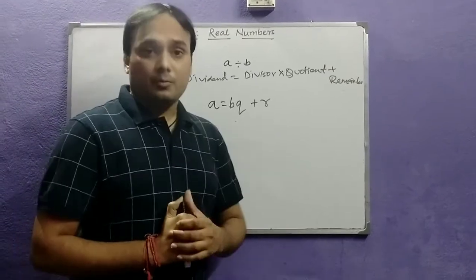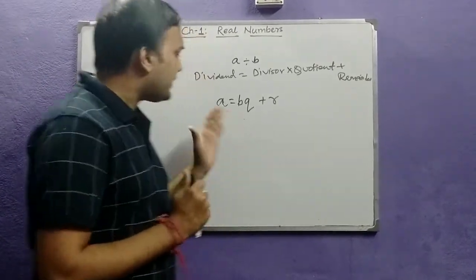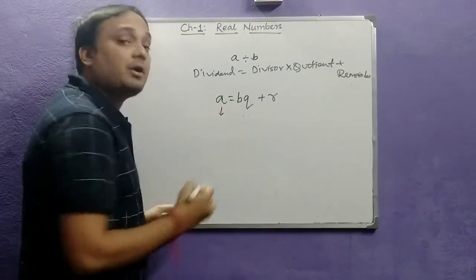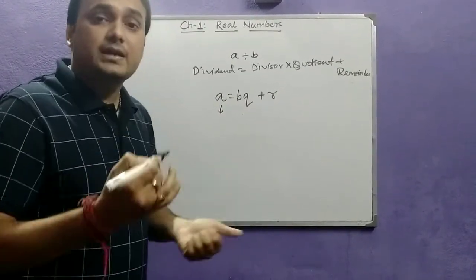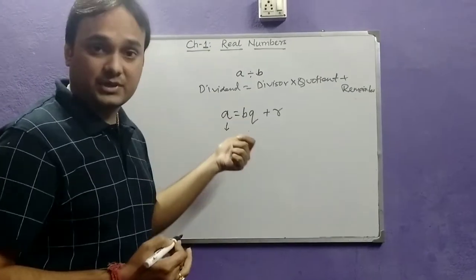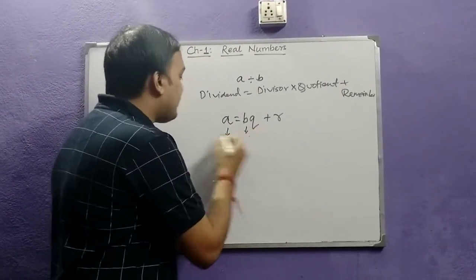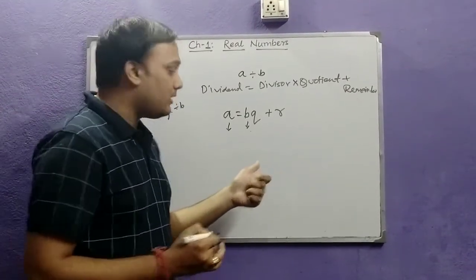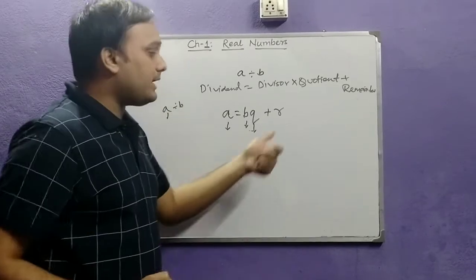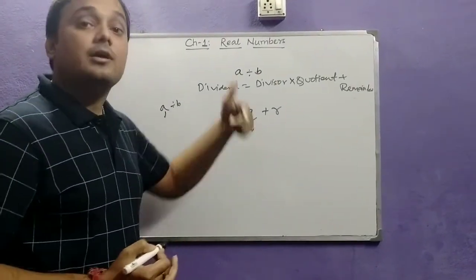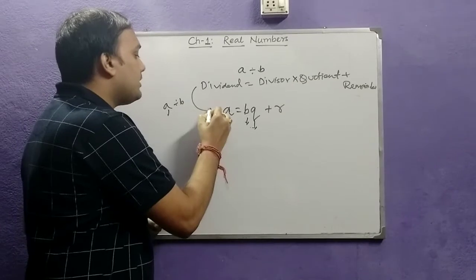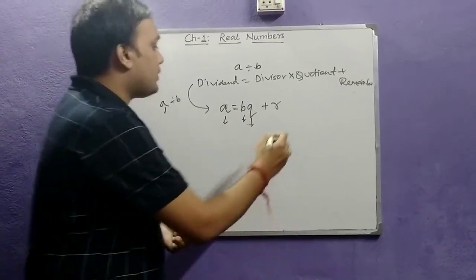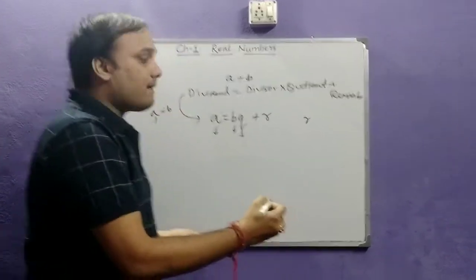Now students, one definite thing which will arise in your mind is: what are a, b, q and r? a is actually the number which you are dividing. In the easiest terms, I can say it is the dividend. What is b? Since I am dividing a by b, and a is the dividend, b will always be the divisor. q is the quotient and r is the remainder. Again, if you look backward, you will find that this is similar to the statement we saw earlier. So here r is always